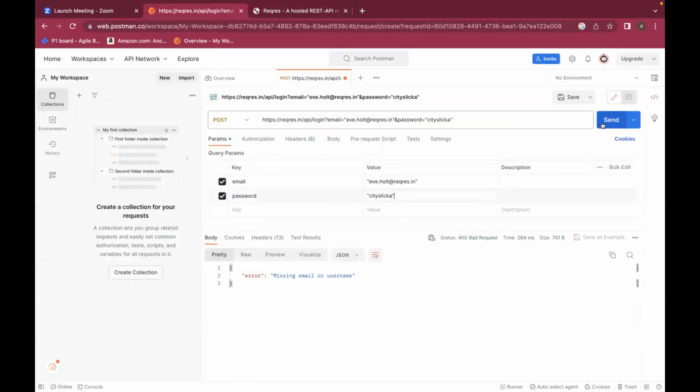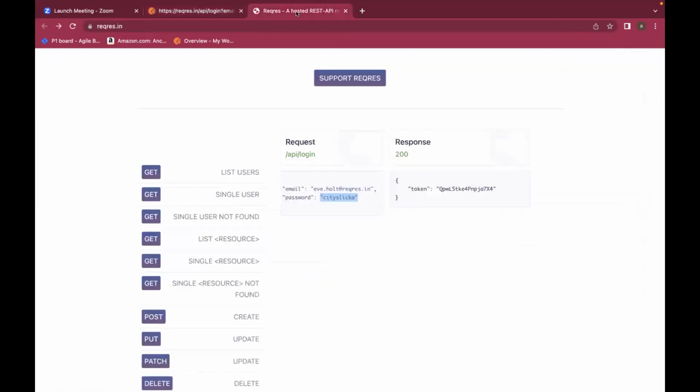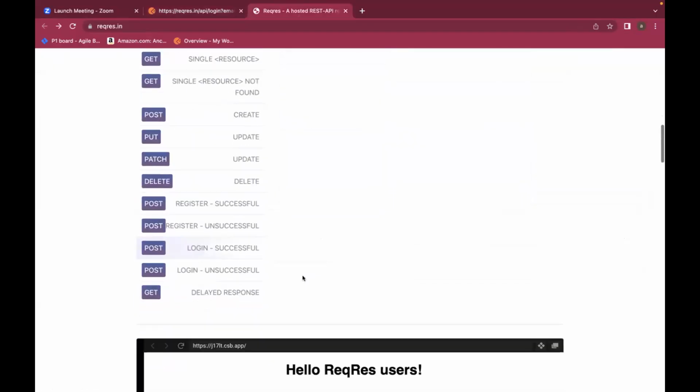Send your request. Same problem again. Request cannot be fulfilled due to bad syntax. Our syntax, somewhere it is going wrong.